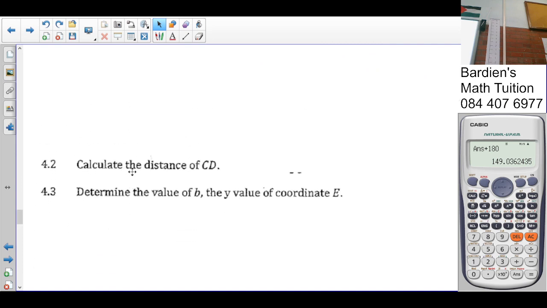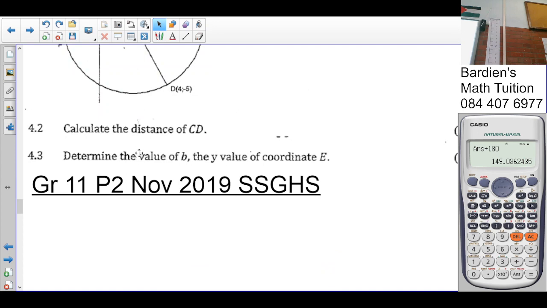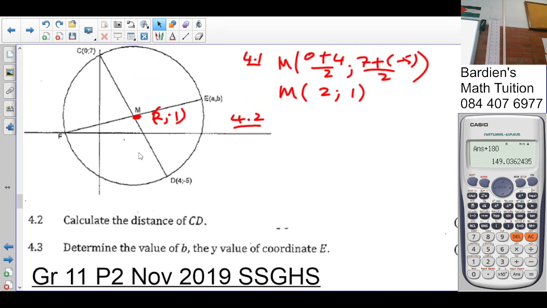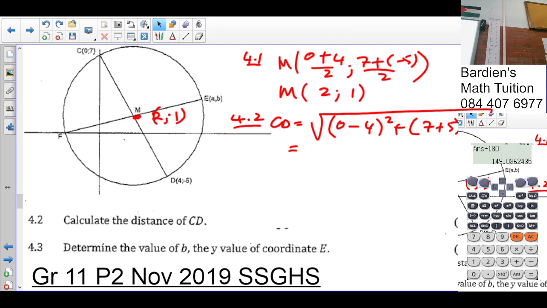The question says calculate the distance of CD. Calculate the distance of CD. Distance formula. So that is going to give you the square root of 0 minus 4 squared plus 7 minus 5 squared. So that gives us the square root of